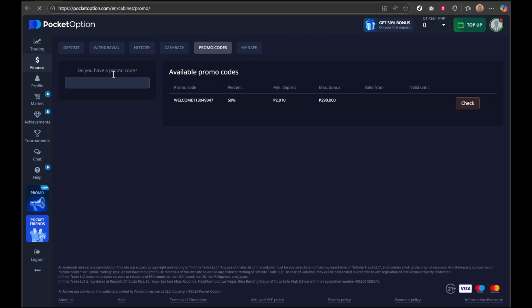With the Promo Codes section open, it's time to type your promo code into the designated field. Be sure to enter the code accurately, as even a small mistake can prevent the system from recognizing it. Double-check any letters, numbers, or special characters to ensure they're input correctly. Taking a moment here can save you time and effort later. Now, some promo codes might